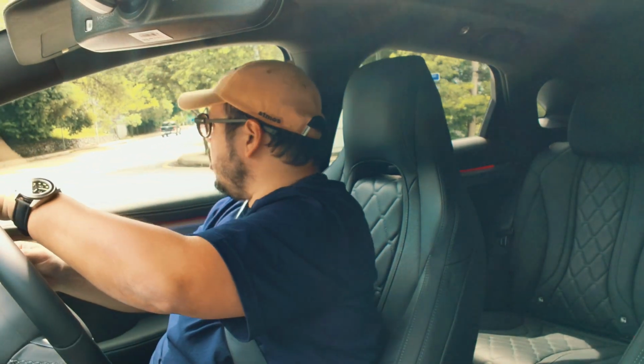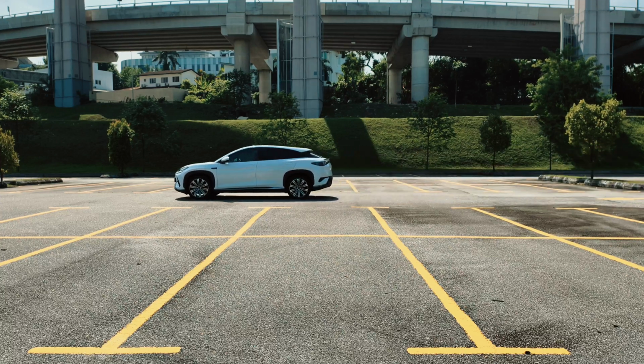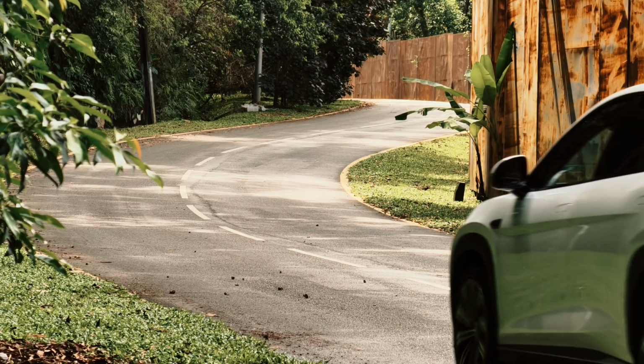That said, however, it's not so soft that you won't have confidence when it comes to cornering. It feels secure and quite flat. For daily drives, the Sealion 7 strikes a very usable balance, I think. Around the city, it's smooth and quiet. On highways, it's impressively composed. Road noise is minimal, even at higher speeds, and that makes it a really relaxing cruiser for both quick commutes